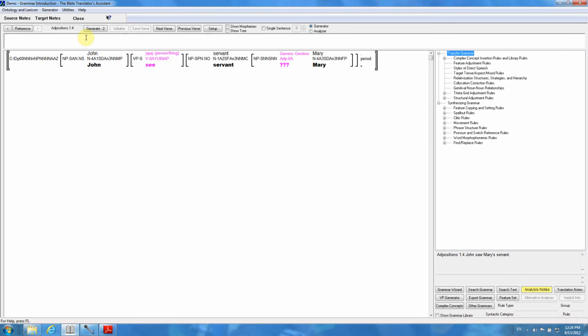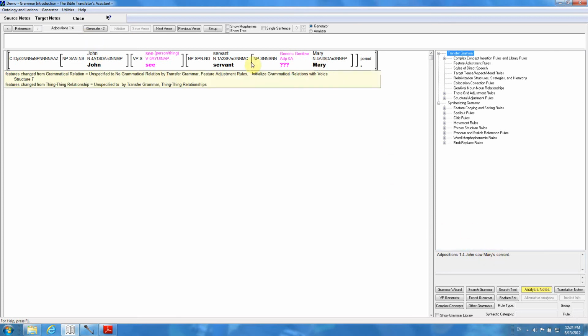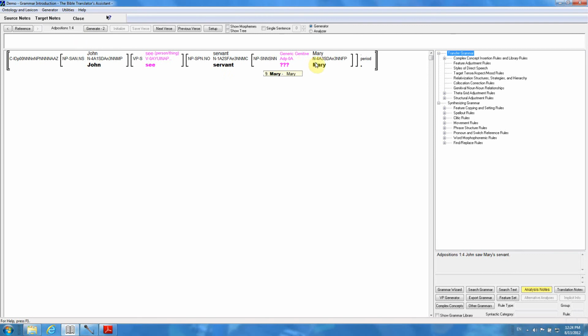So here we are at adpositions 1-4, which produces John saw Mary's servant. Now this isn't Mary's slave. Mary's slave would be actual possession. But for servant, that's a different relationship. So we've marked it with a generic genitive marker. And to deal with these generic genitives, you right-click,